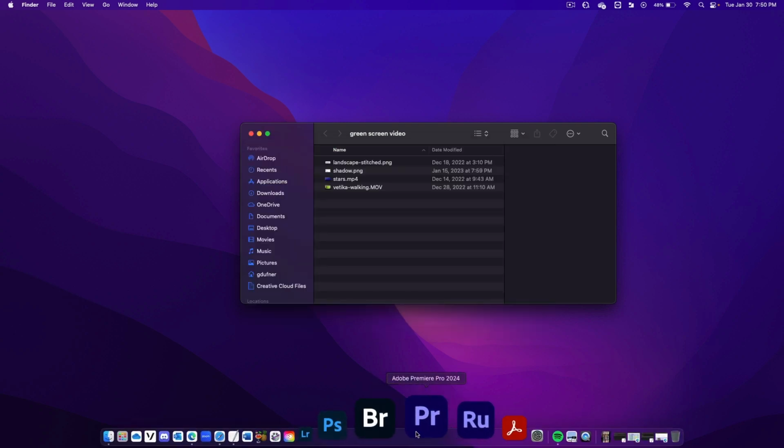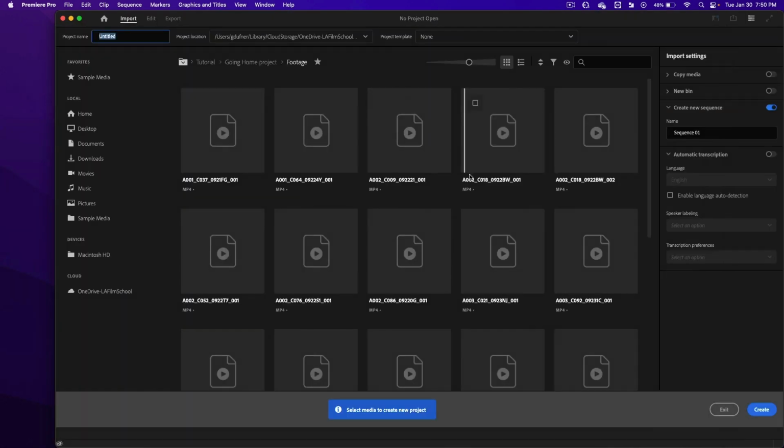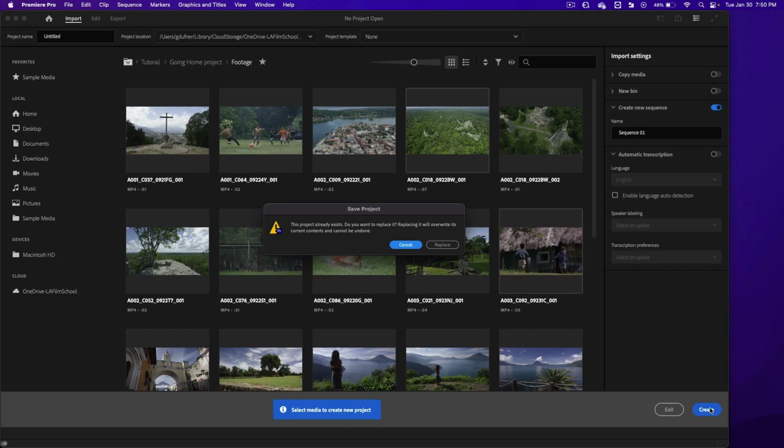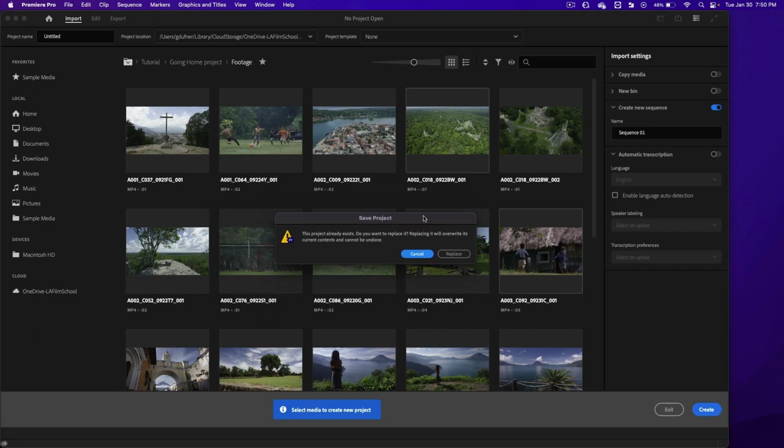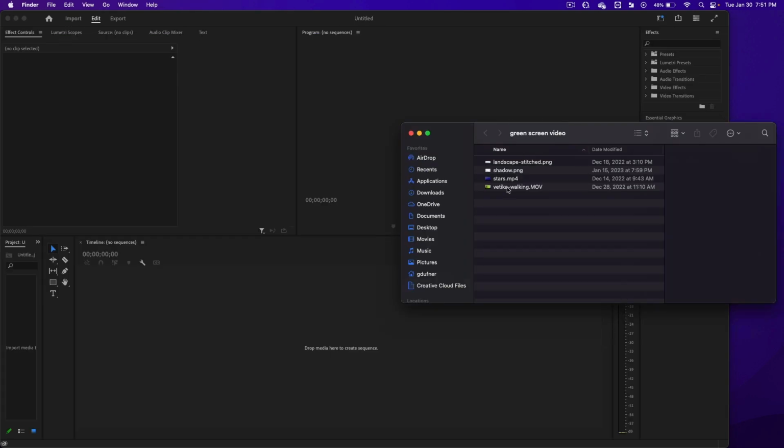So let's open up Premiere Pro. Let's click on that, open it. Click on New Project, click on Create on the bottom right. If this dialog box comes up, click on Replace. For my folder, I'm going to drag and drop the